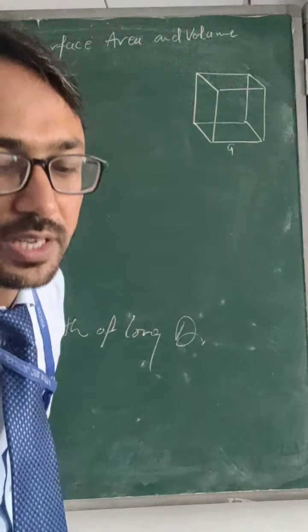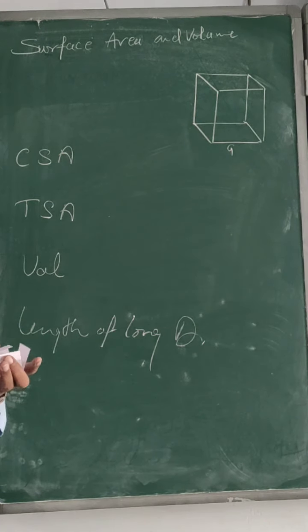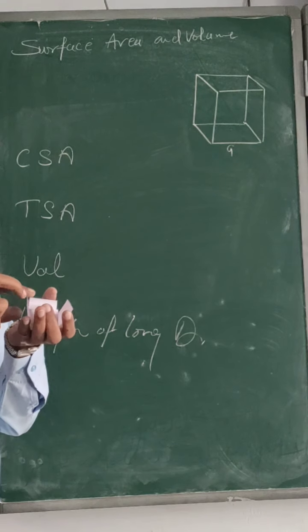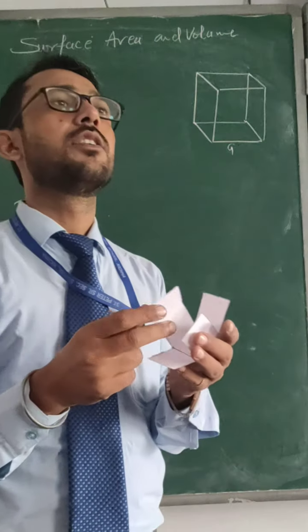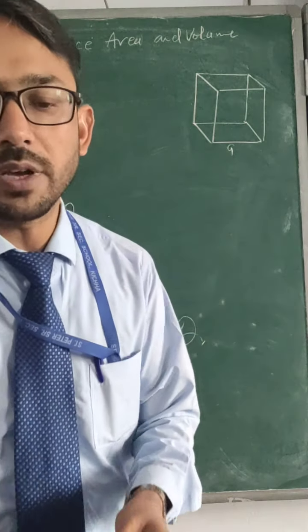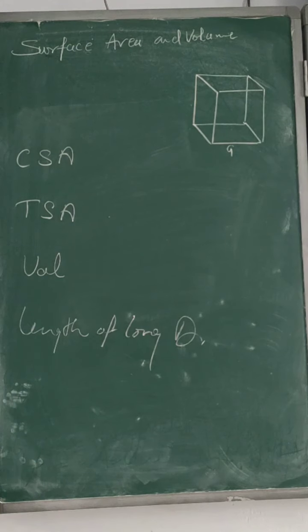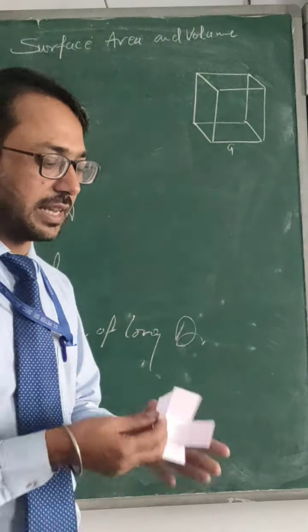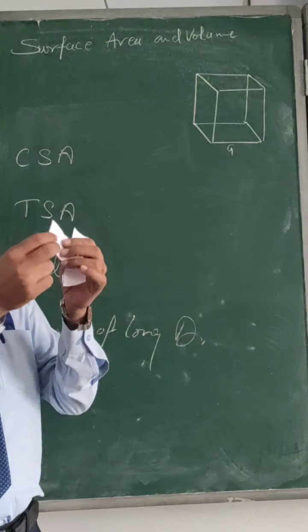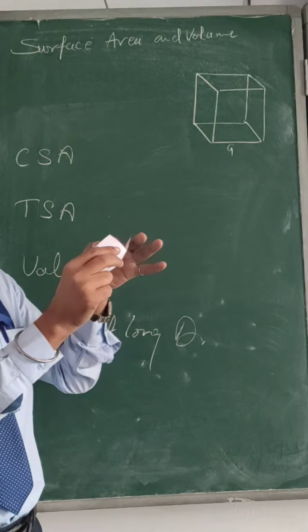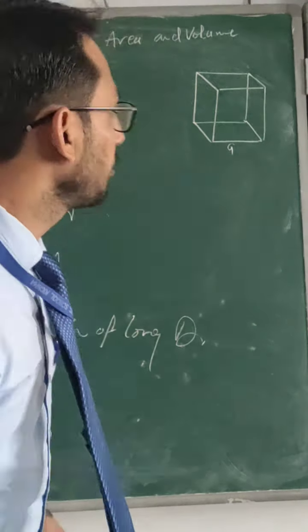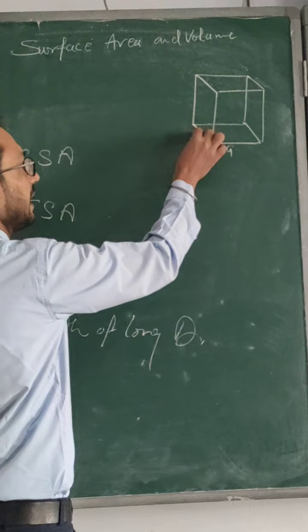So first of all, what is the curved surface area? Curved surface area for this case, we will remove these two things. Cube is somewhat like a room. So the area of the four walls is known as curved surface area. Now for the area of four walls, we need to think about the area of first, second, third and fourth, means all the four walls. Each wall is of side A by A.